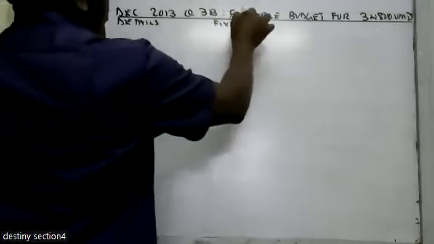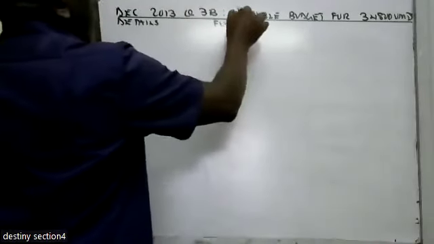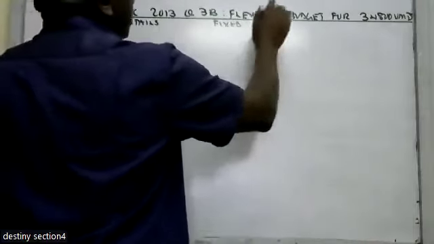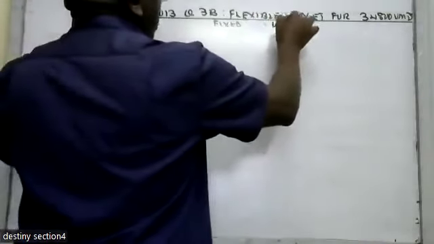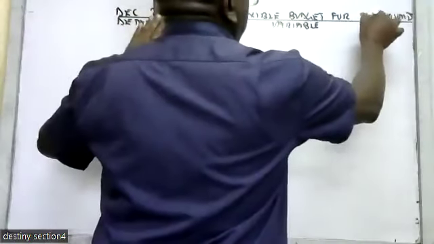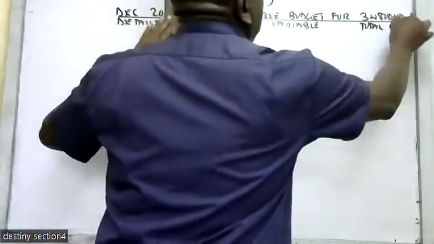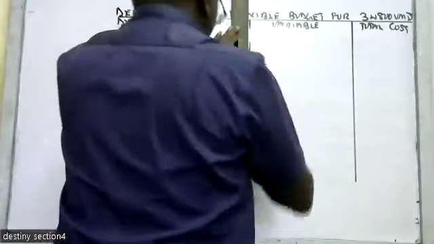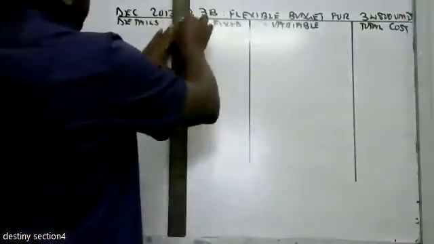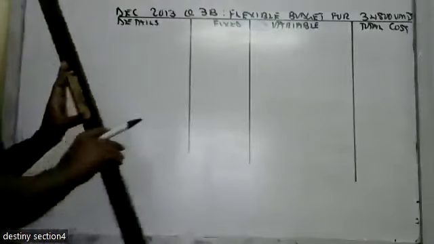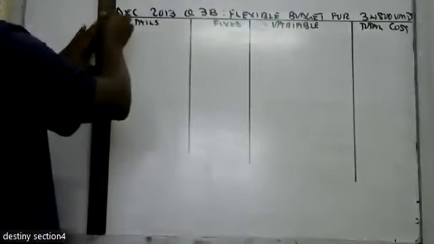Fixed costs, and then variable, and then total cost. So as you design here, variable itakuwa na working, lakini hii na hii hazina working. Hii fixed na huyu mwingine